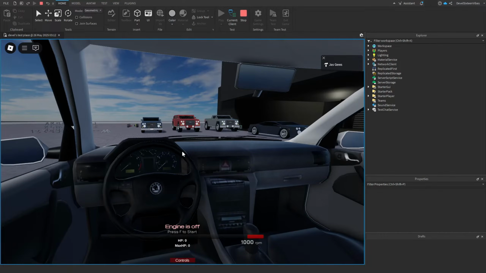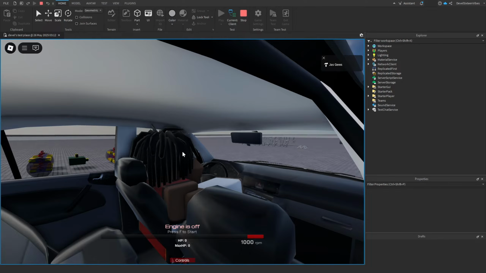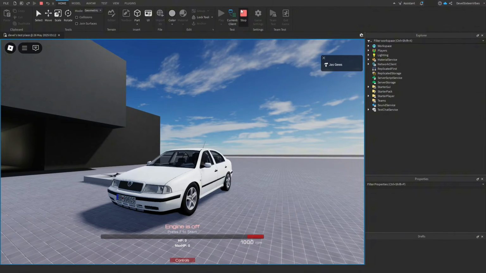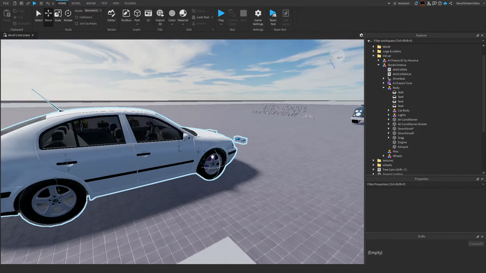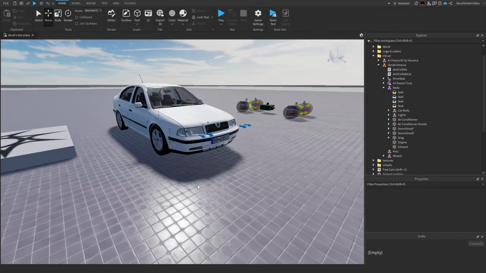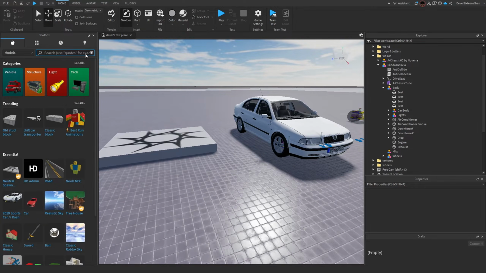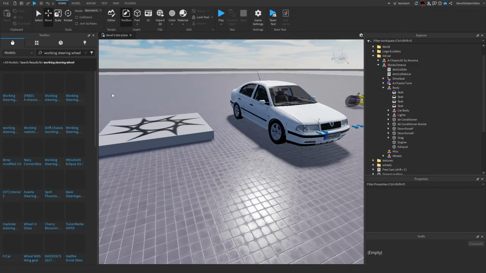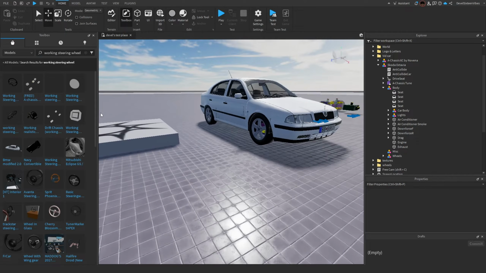It's a super minute detail, but if you want it, then there you go. That's all you got to do. So next up, we're going to be talking about how to make a working steering wheel. All you want to do is search up a working steering wheel. So you're just going to search up working steering wheel in the toolbox, and then I suggest getting the model